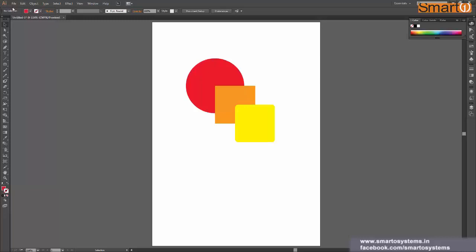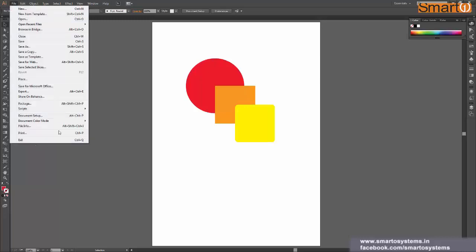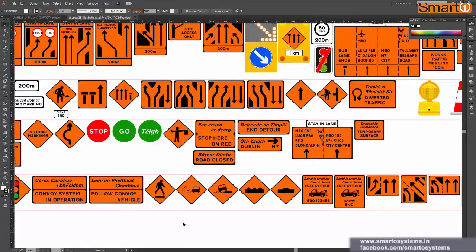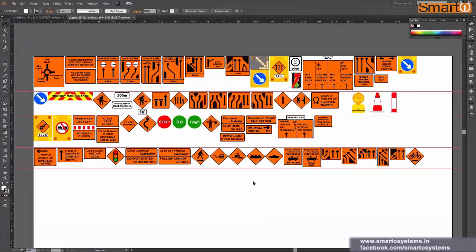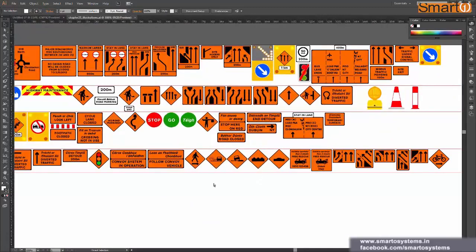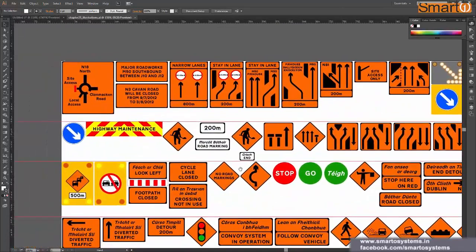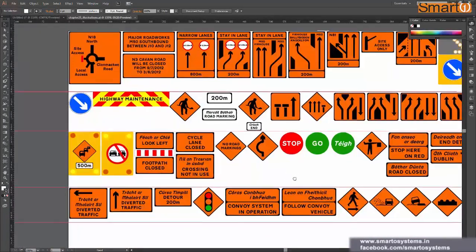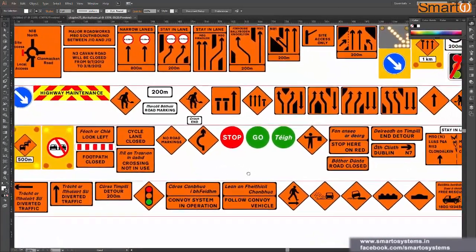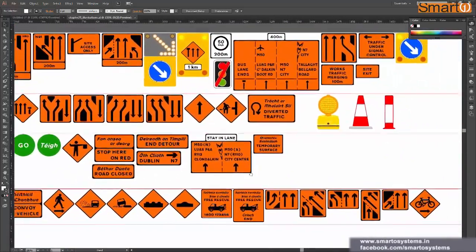To give an example of that, let me open one of my project files. Now this is the sign work I have done for one of my clients. The idea was to create different kinds of road signs which you generally see across the road.